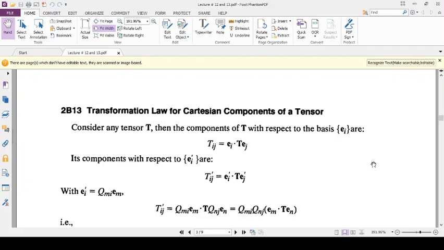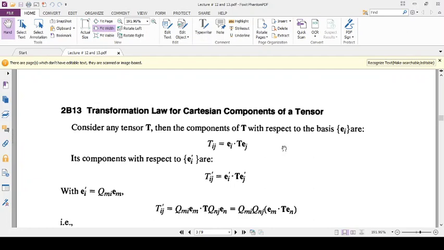So now we will extend this to our tensor, the transformation law for Cartesian components of a tensor. You can write the components of tensor T with respect to basis ei in this equation: Tij equals ei dot